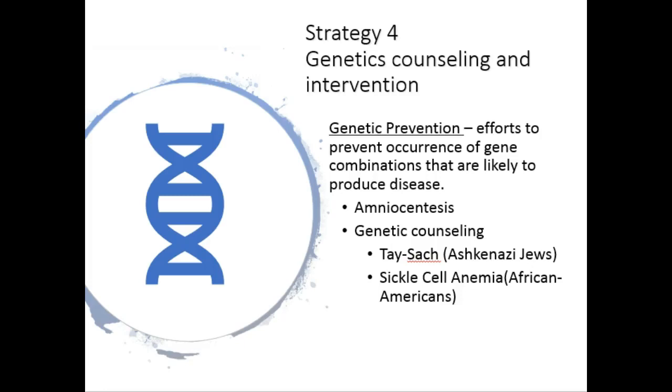Our fourth strategy is genetics counseling and intervention. Interventions based upon genetics have been part of medical and public health practice since at least the 1960s, when it was recognized that abnormalities of single genes for such conditions such as Tay-Sachs disease found among certain Jewish communities and sickle cell anemia found among African Americans could be detected by testing, and potential parents could be counseled on the